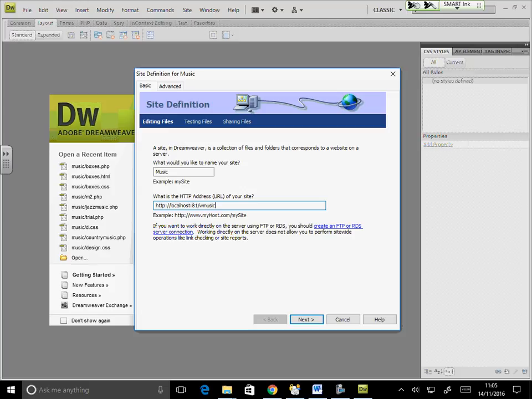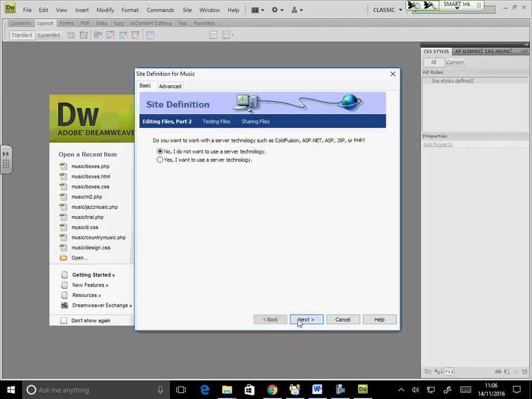Htdocs is the default. Htdocs doesn't come anywhere in the URL, you never see htdocs on the browser. You only see your folder name, which is wmusic, and that's it. So localhost 81 wmusic, because I am accessing my server at localhost, and my folder name in htdocs is called as wmusic. Yeah. So next, yes, I want to use a server technology, which is PHP MySQL.